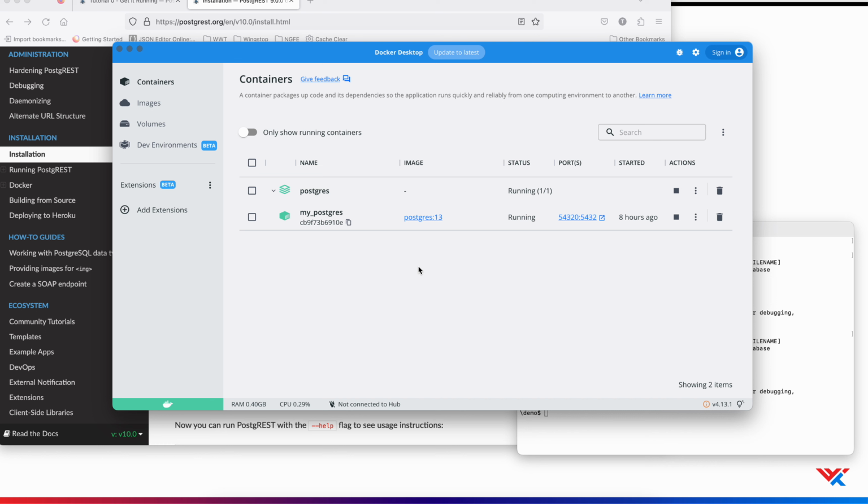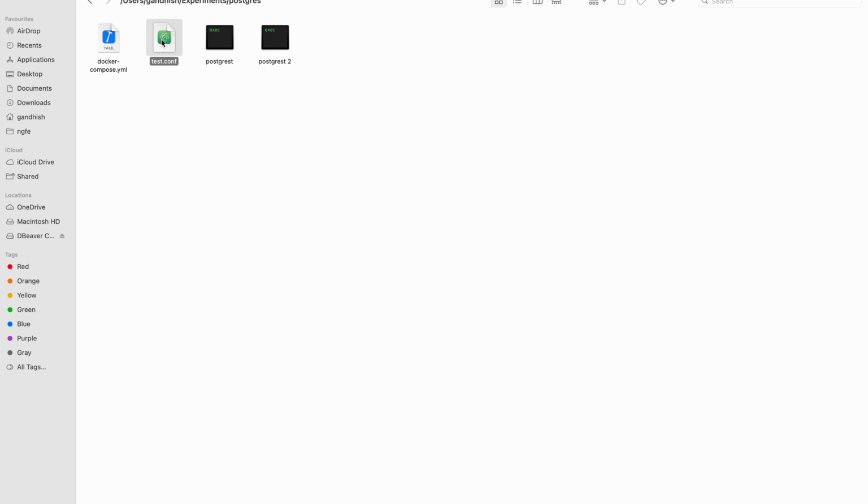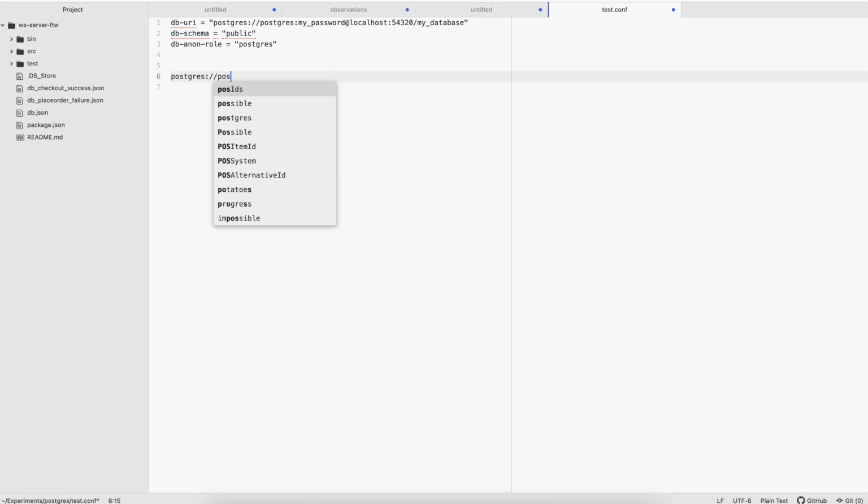We now need a configuration file, a conf file. So this file has 3 keys. First one is DB URI. So the format is like this: postgres://, the username, which is postgres in my case,